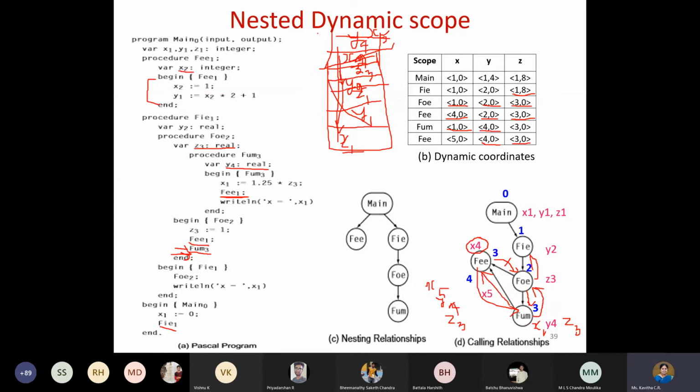You have to push and see, then only it will be clear for you, students. And whenever you return, you have to pop that content which was created because the scope of that ends. And if it is still active, meaning the activation record still exists in the stack, it means that you still have those variables live. Therefore, you have to maintain that in the stack also. That's all. So this is the difference.